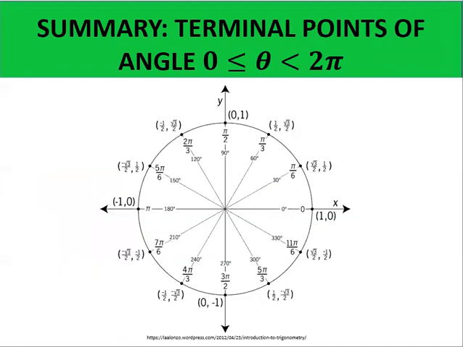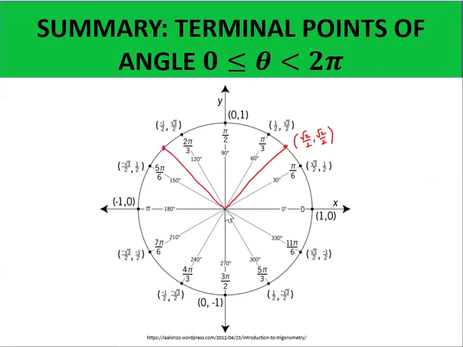Okay, so in the next slide here, we have the following unit circle having some of the angles that we have discussed so far. However, this particular picture does not show the pi over 4 angle. So if we're going to get the pi over 4 angle, this is the terminal point for pi over 4. And its terminal point has coordinates related to square root of 2 over 2. Now the angles having reference angle equal to 45 degrees in the other quadrants are as follows. So if we have this point here,